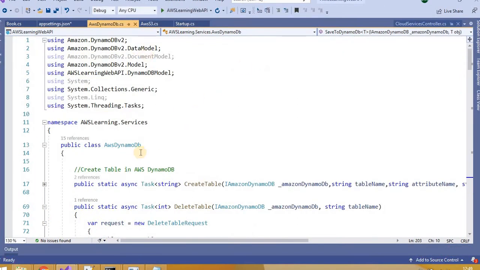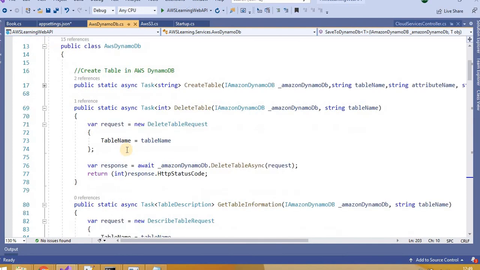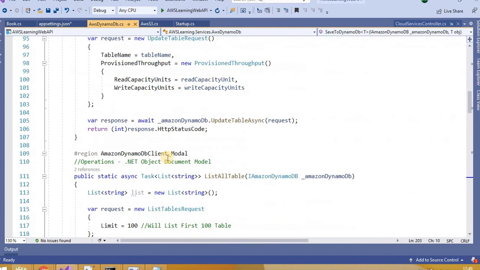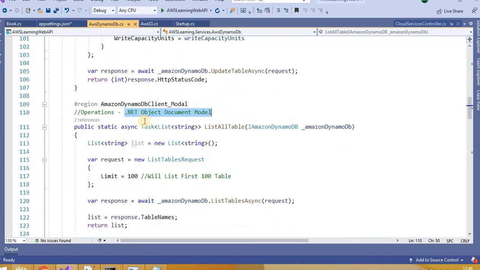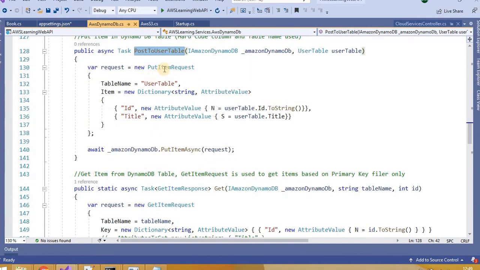This is my another project. Here I have used DynamoDB with the DB context and with the .NET Object Document Model. In the case of the .NET Object Document Model, to post to a particular table we need to pass a put item request, and to get a particular record we use the get item request.